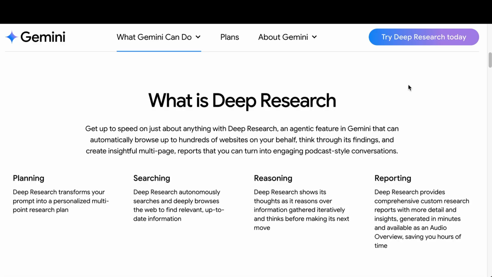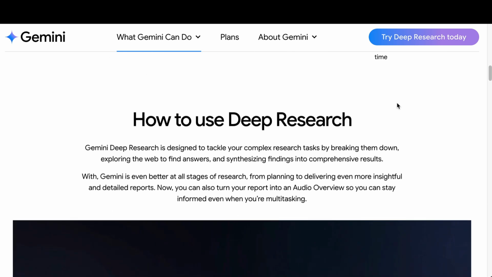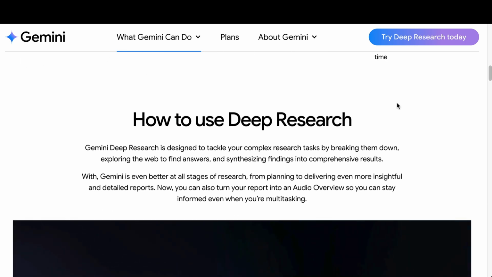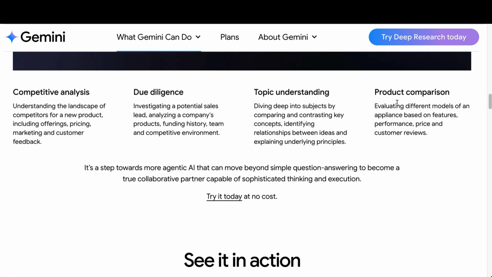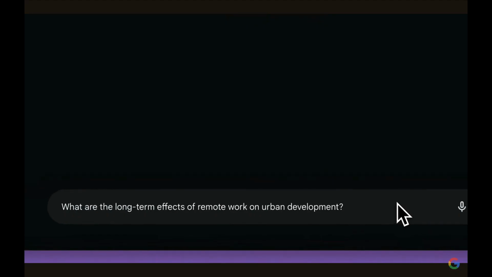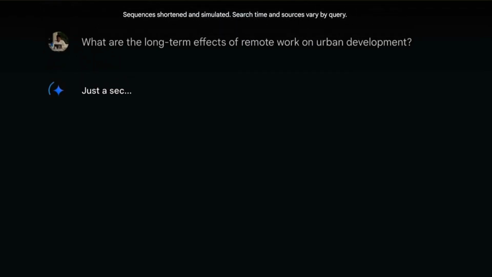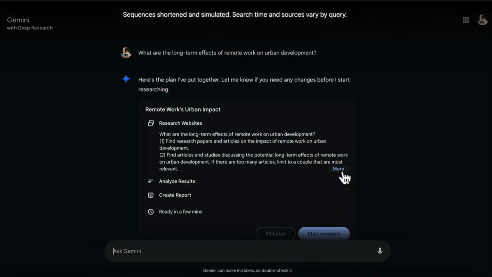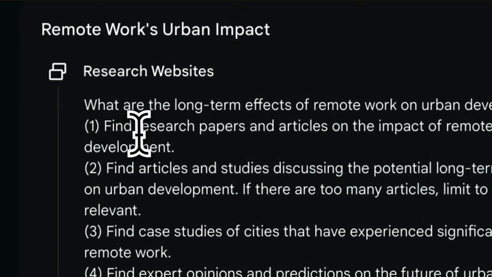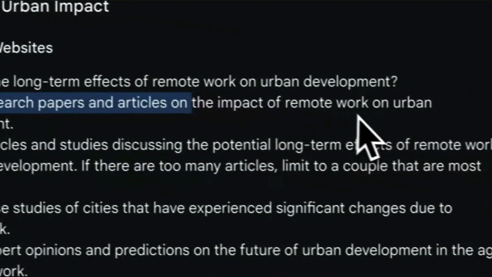For the people who do not know what Gemini Deep Research is, it's Google's advanced AI research agent that acts as a personal assistant to handle complex research tasks for you. It's powered by the new Gemini 2.5 Pro model, where it can now browse hundreds of websites, break down complex topics into structured queries, and turn them into multi-step research plans. It can also reason through findings and generate detailed, insightful reports, including audio summaries. It's very good at planning, searching, analyzing, and reporting, which is going to save you hours of work with quality,